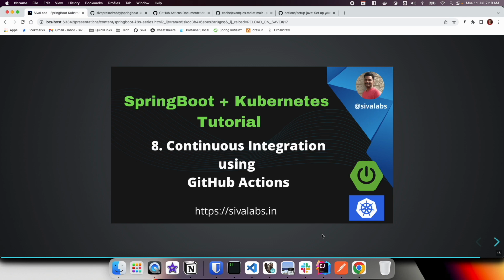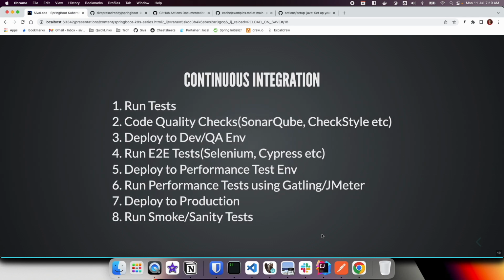So what exactly is continuous integration? While developing our application, whenever we implement a new feature, we want to implement the feature along with the test, and as soon as we commit the code, we want to run the tests. And also maybe we have integrated with code quality checking tools like Checkstyle or SonarQube, and we want to run all those tests. And if everything is passing, then we want to deploy it to say some dev environment